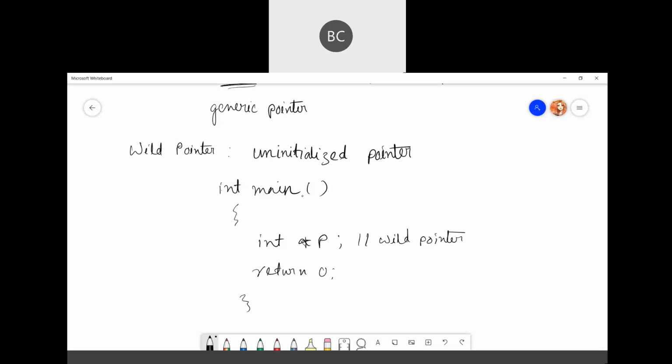A wild pointer will just randomly point to some arbitrary memory location, and this might also cause your program to crash or behave badly. So it is always advised to be cautious when you work with wild pointers.